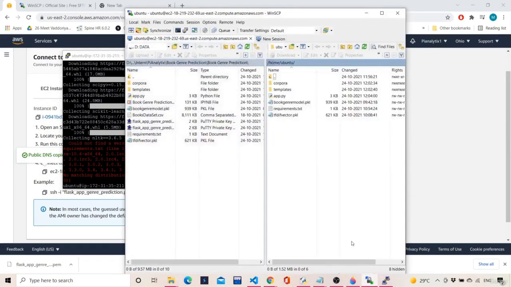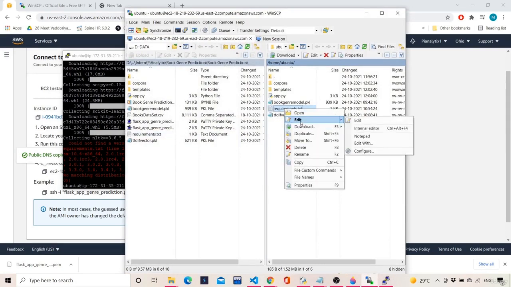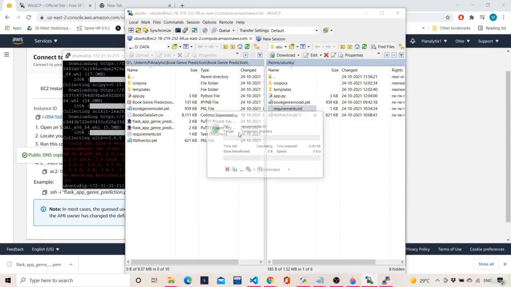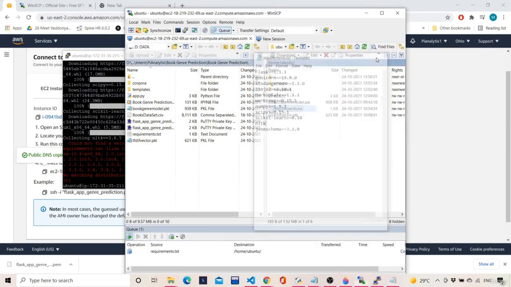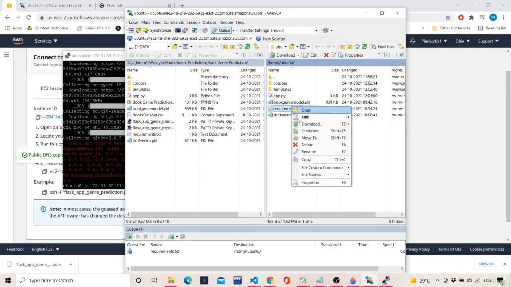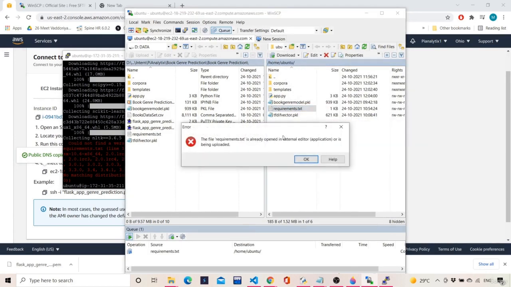In order to solve this error, there's nothing to worry about. What you can do is click on edit, go to notepad, and over here instead of 3.6.5 just give NLTK and then save this. So one file got saved here, and you can recheck whether that got saved or not.